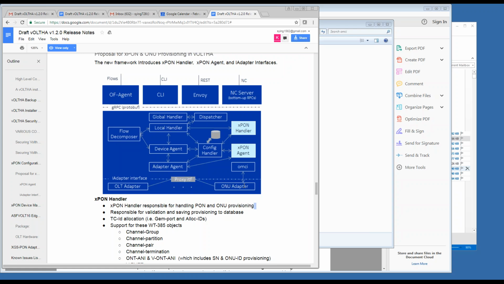Those are the use cases, but one GEM port with one TCONT versus one GEM port with multiple TCONTs, would that affect the determination of the architecture? No, it shouldn't. Yeah, I agree with that. I think the mechanics of getting all this stuff and our architectural placement is one thing, but Sean's point